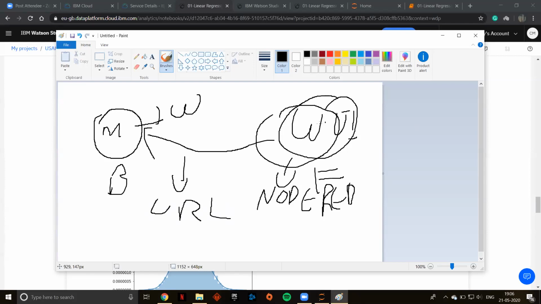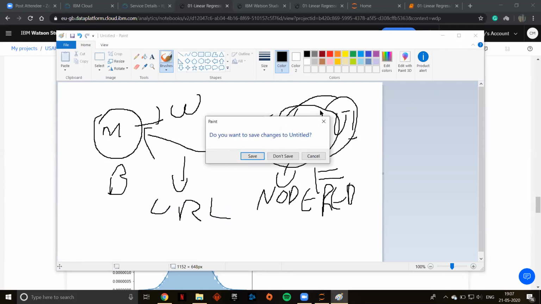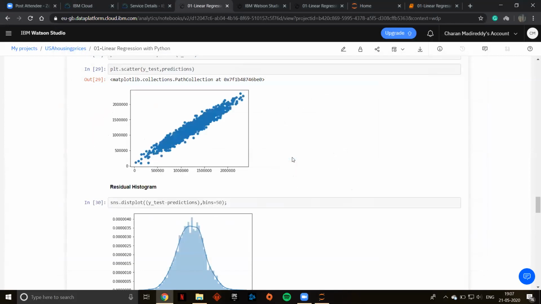For that, you have to create a scoring endpoint that will have the URL. Everybody understood, right? So why are we going to use a scoring endpoint? How to get that scoring endpoint?